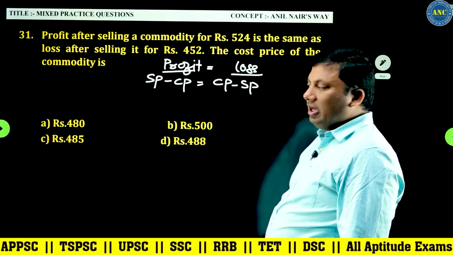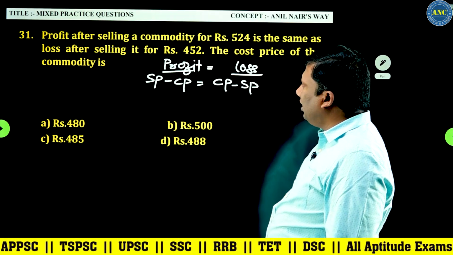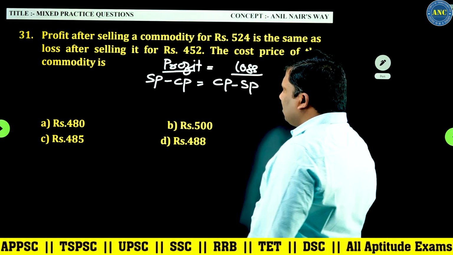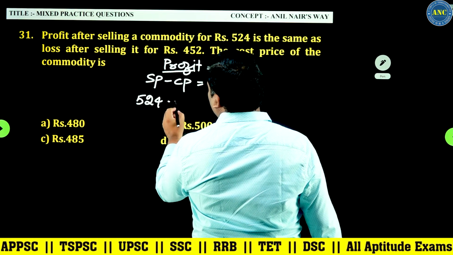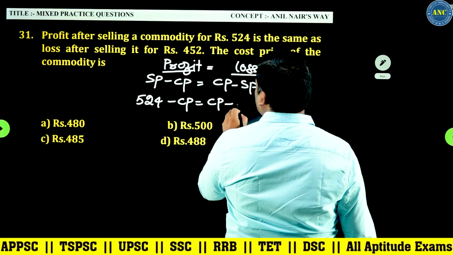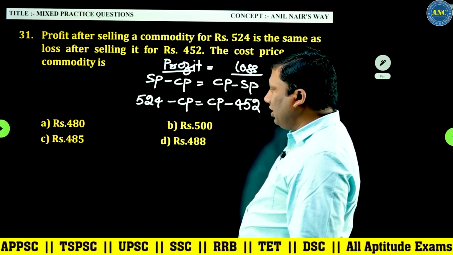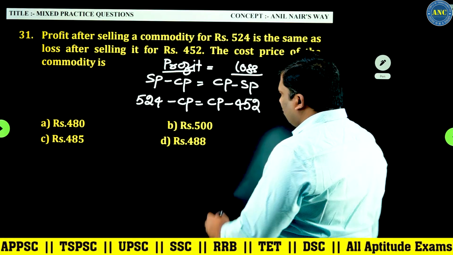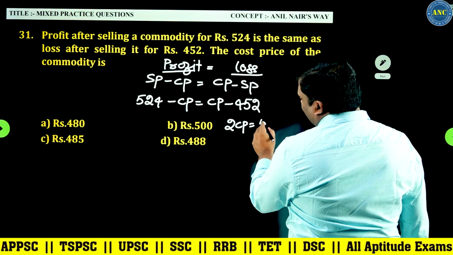Profit after selling a commodity for 524. Selling price is 524. 524 minus cost price is cost price minus 452. So this will be 2CP is equivalent to 524